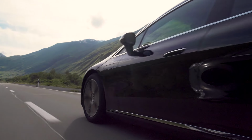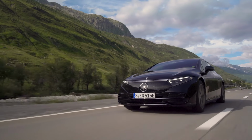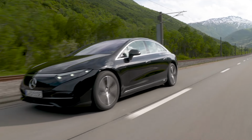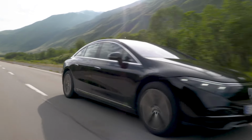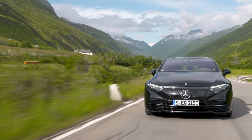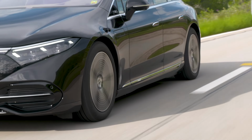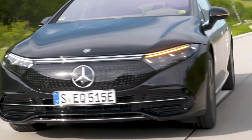Unlike all the other EQ models, which are based on existing internal combustion Mercedes-Benz models, the EQS is a standalone model in its own right. Benz's first dedicated electric car platform features a newly developed range of drivetrains, a battery promising a range of up to 485 miles under the European test procedure, and arguably the most advanced interior you'll find in any current production car. Positioned at the top of a growing list of EQ-badged models, it also acts as a technological showcase for the